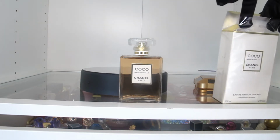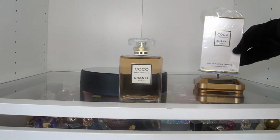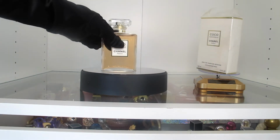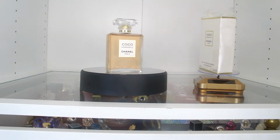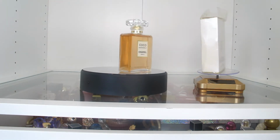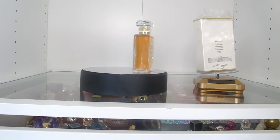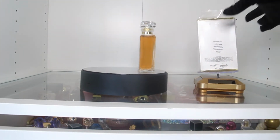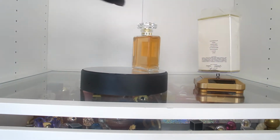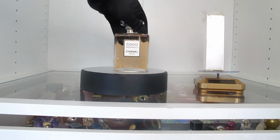And yeah, there's a ton of notes in here. It's a little bit difficult to describe, but it's mainly floral, a little bit sweet, a little bit citrusy, and it just has that classic fragrance to it that most Chanel fragrances have. And of course it is high quality, and you can smell it. It's very refined,